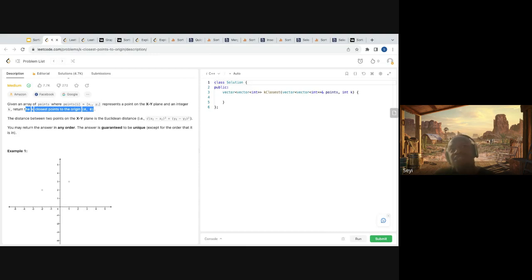If I can compute the distance to the origin, and I have them in an array, and I'm looking for the k closest points, then if I sort that array, the k minimum elements are my k closest points, which is essentially the same thing here.